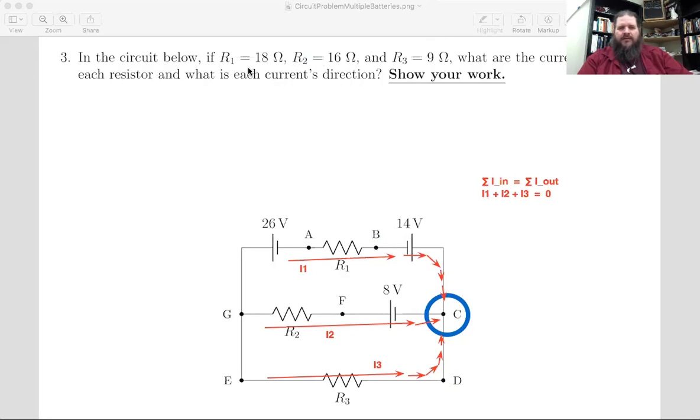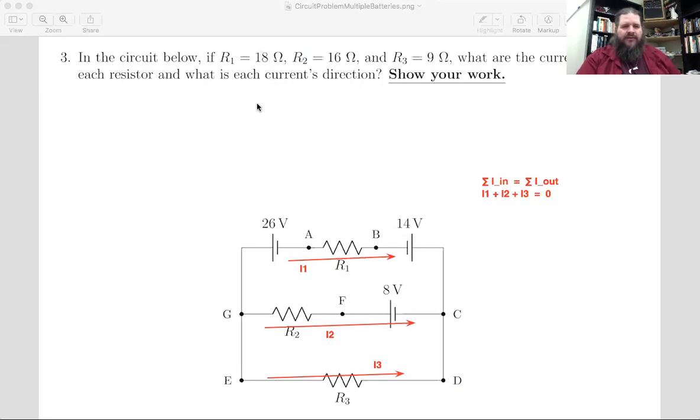So what's an example of a loop we could draw here? So like if we start at 14 volts, and then when you go around to C and then you go left towards the 8 volts, does that mean you're gaining 8 more volts? Yeah. And the thing is, if you try writing out the mapping voltages thing we were looking at earlier,